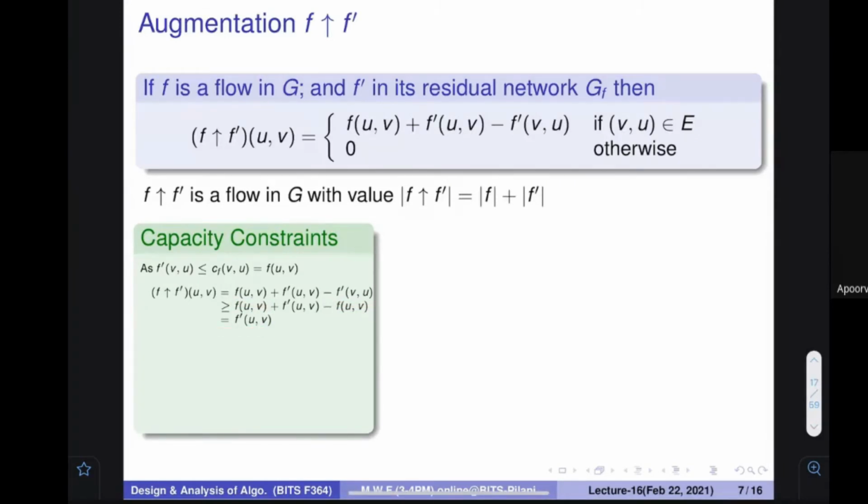So this is one thing. Then you say that since this is a flow and this flow cannot be a negative quantity, you can say that this is greater than 0. What do I mean by this? I mean that flow is never negative, because this was one property. If there is a flow, the flow should always be positive. So we have proved that whatever we obtain by this augmentation is always going to be positive. A few conditions were there. If you want to show that there is a network, then all the flow should be positive. So we have shown that the flow is going to be positive. Make sense?